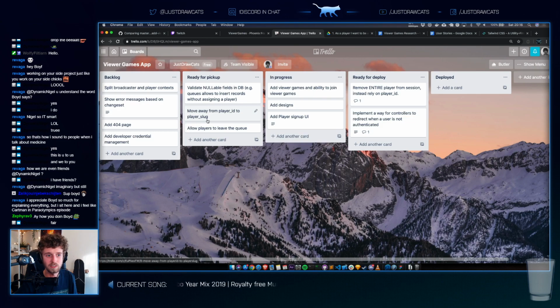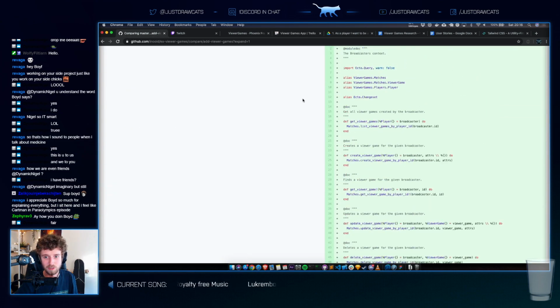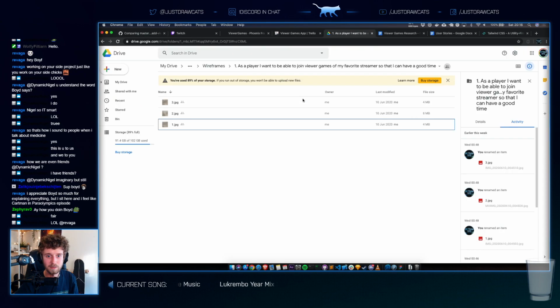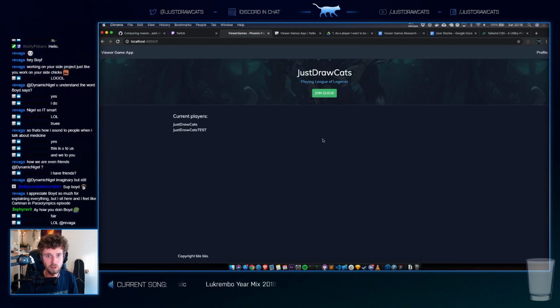I think one of the things that we described here was to split the broadcaster and the player. I'm pretty sure we'll have to do that. The more I look at this code, the more I feel like this is not the right approach as well. But we're just going to steamroll with it. As soon as I have the UI done, I'm going to move forward and implement the backend for it to make sure that it all works together.